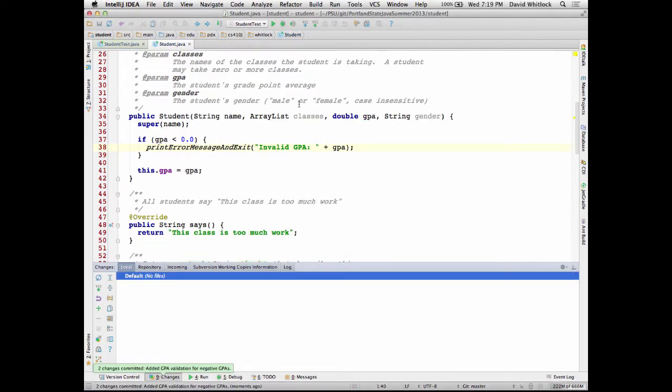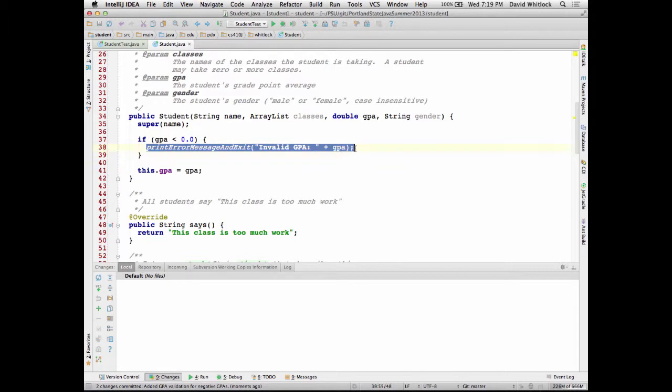So, the thing I don't like about this code. The thing I do like about this code is that the validation logic is nice and close to the student. So the student controls it. The thing I don't like about it is that the student is responsible for printing out the error message and exiting. For instance, let's say I wasn't using the Student class from a command line program. Let's say I was using it from a web UI or a GUI or something like that. Printing the error message to standard out, they're not going to see that, right? So I think that's why I don't like having it here. Okay,